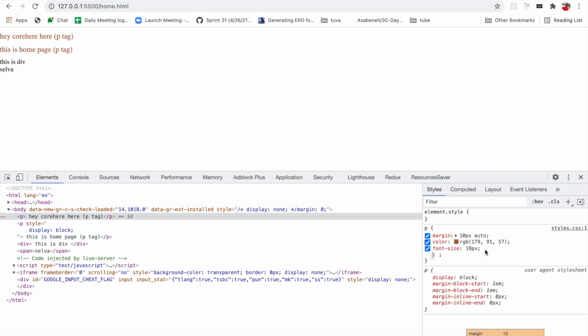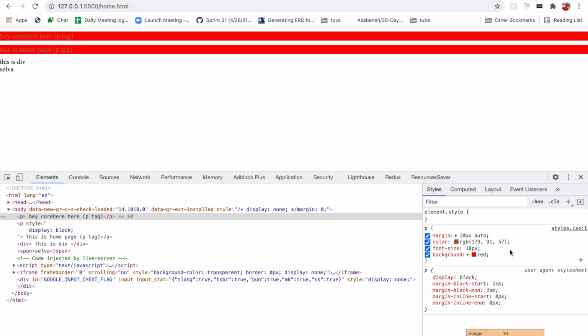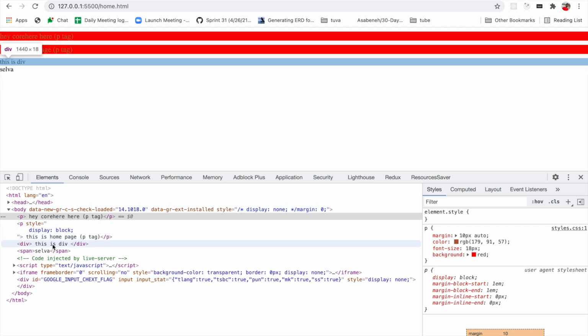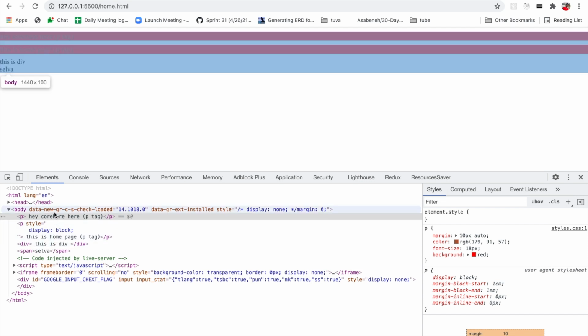Say if you give a background color, see, you can notice it takes the full width. Understand one thing, the full width doesn't mean end to end, 0 to 0. This is the actual width of the parent. Here this p tag and div have the parent body.